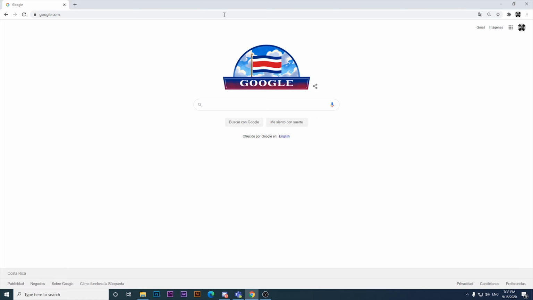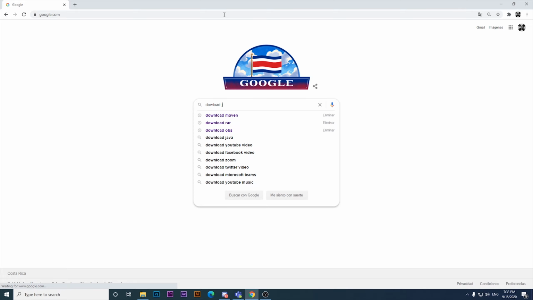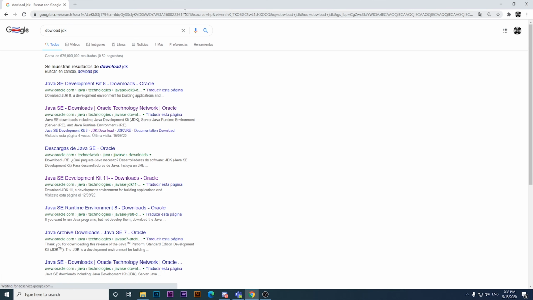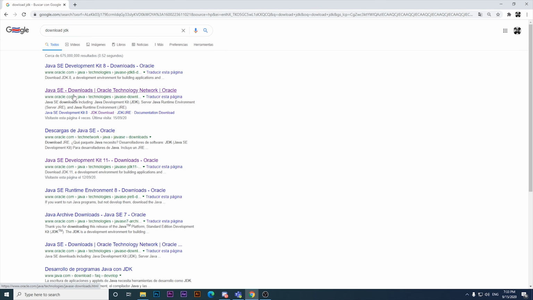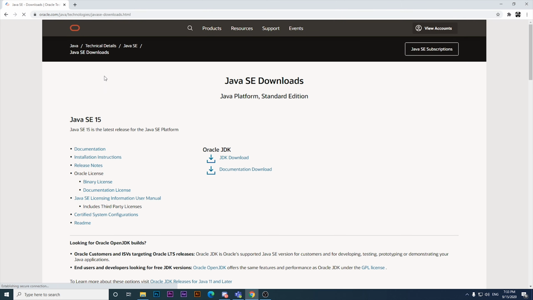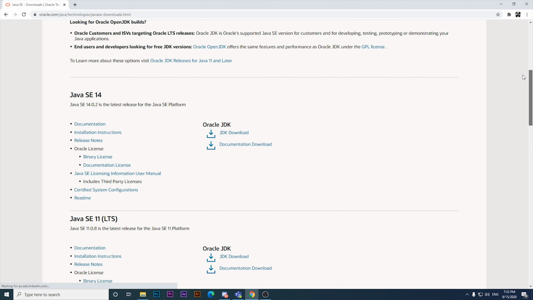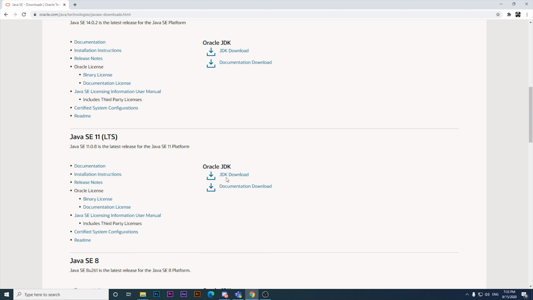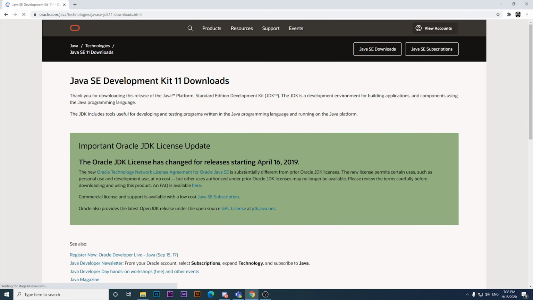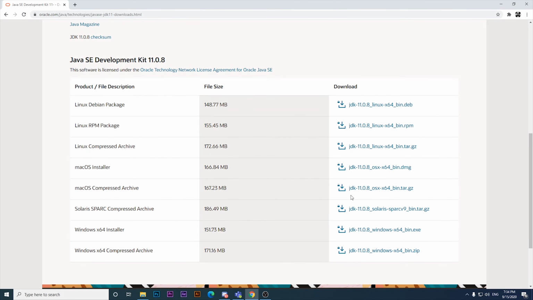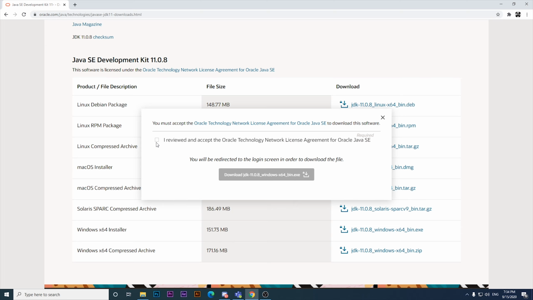So we're gonna start working on how to install JDK. All right, so we're gonna look at download JDK in Google, and we're gonna look for the second finding, which is Java SE, and we're gonna look for the LTS version. For this moment, it is the 11th version of the JDK, which is the stable one for right now. And then we're gonna scroll down in this web page, and we're gonna look for the Windows 64 installer. Right, we're gonna click on the text link, and then we're gonna click on I review and accept the terms